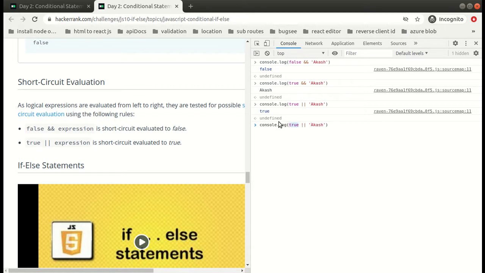But in the same expression, if I write false over here, then it knows it also needs to check this to give us the final result, because if expression 1 is false and expression 2 is also false, then the entire statement will be falsy. But if this is true, then the entire statement will be true. So that's why it checks this code also, and as a result we get this rendered. If you have a React background, or have done this stuff before, it is much easier to grasp this concept.